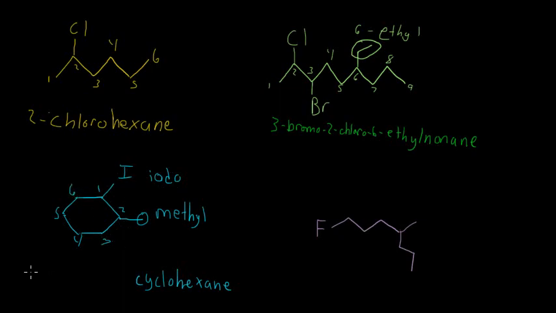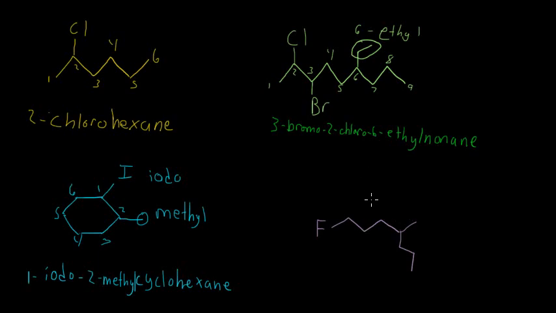So to name this, it's going to be 1-iodo, 2-methylcyclohexane. So once you break it down, not too difficult, and just remember that you do this alphabetically if the number that comes first, like the first carbon, is whatever's first in the alphabet if you come into a situation like this. So moving on to the next example,